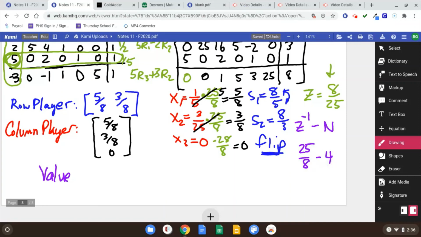25/8 minus 4. So use a calculator if you want to, or get a common denominator. So times 8 over 8, got 25/8 minus 32/8. That's -7/8. That's the value of the game, -7/8. That implies that it's not fair because the column player would expect to win,